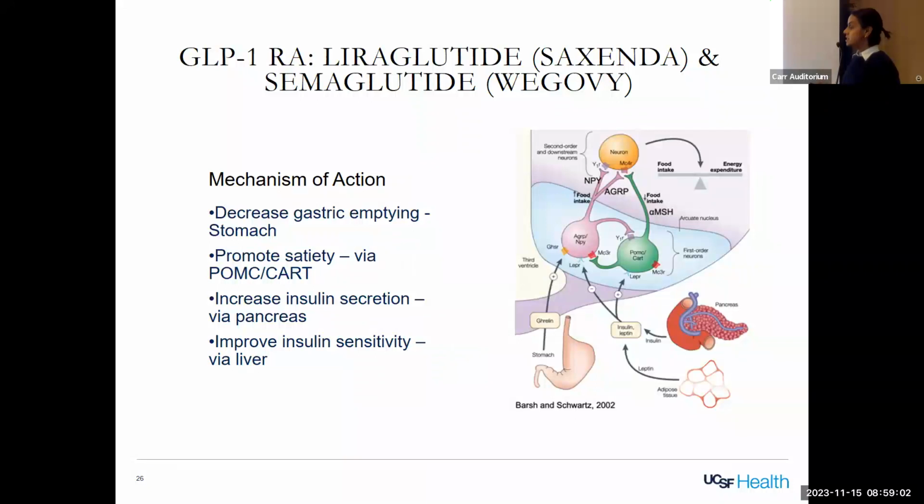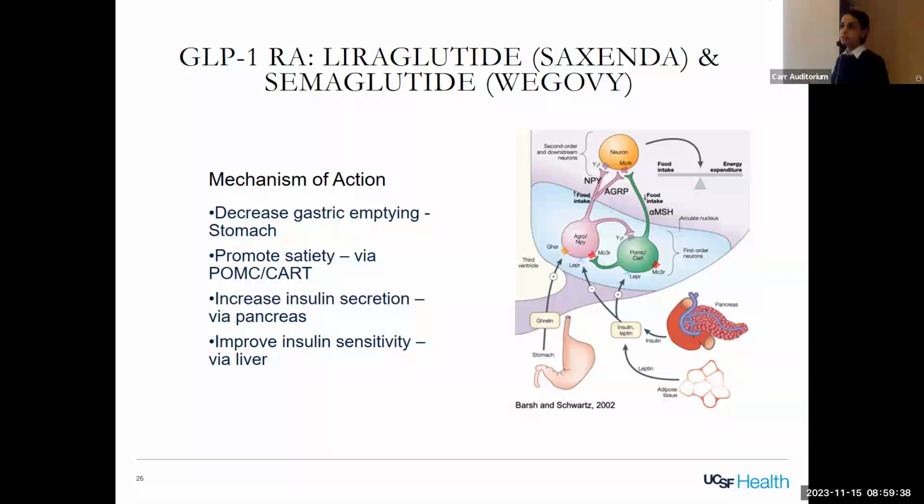So the mechanism of action is really why these medications have been super potent and powerful. The older medications for weight loss that I had discussed, things like Contrave, Qsymia, acted mostly just centrally via the POMC, CART, AGRP, NPY nuclei in the hypothalamus to promote satiety. But we all eat for reasons that have nothing to do with hunger. And so that's why those medications had pretty good weight loss at year 1, but then less significant weight loss as time goes on. The GLP-1s have totally been a game changer because they act via POMC, CART to promote satiety,